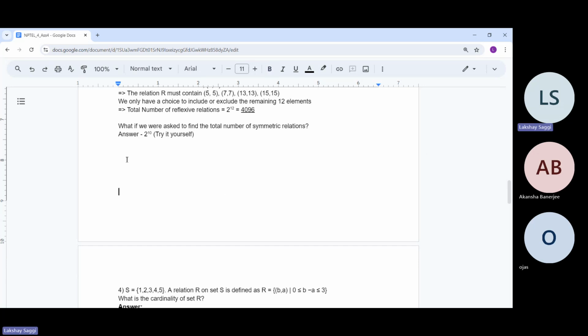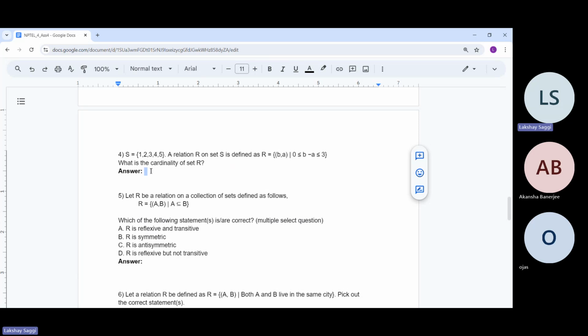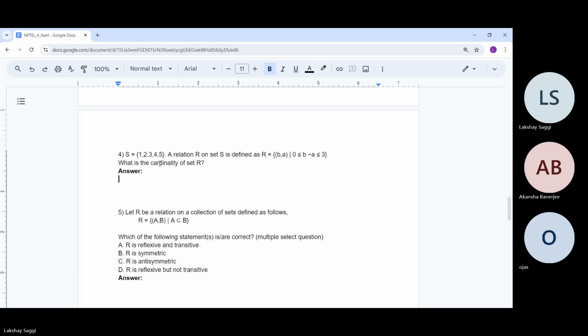Okay, so maybe I'll just move this question to the next page. So the question says that we are given the set 1, 2, 3, 4, 5. A relation R is defined as the pairs from this set such that their difference is bounded from 0 to 3. So now we want to find out how many such pairs are possible. So what is one brute force manner to solve this? A straightforward approach would be